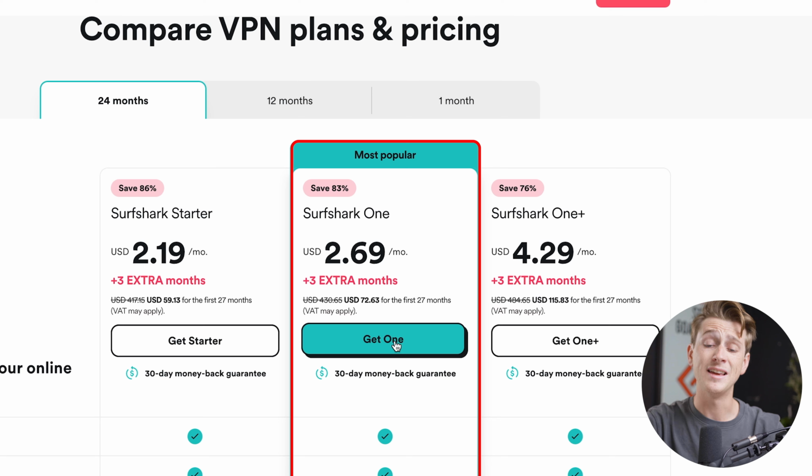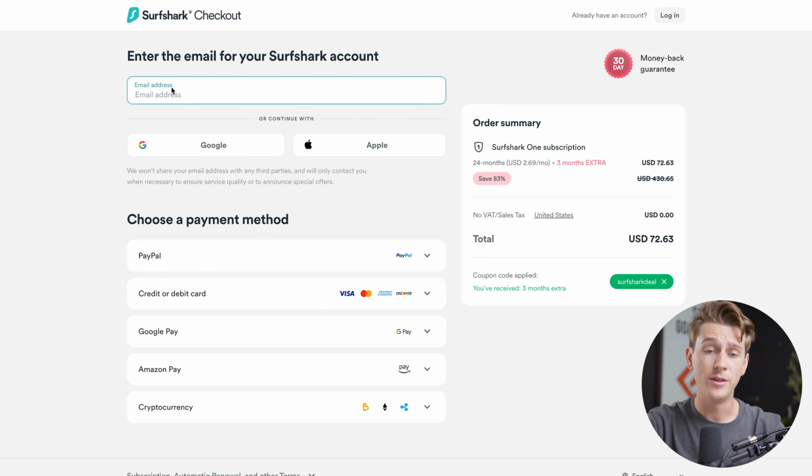All we have to do is hit the Get One button, and once we do that, we'll then just enter in our email address, choose our payment method, and then over on the right here, make sure everything looks good. Once we've done all of that, we'll then simply be able to check out and we can get started with